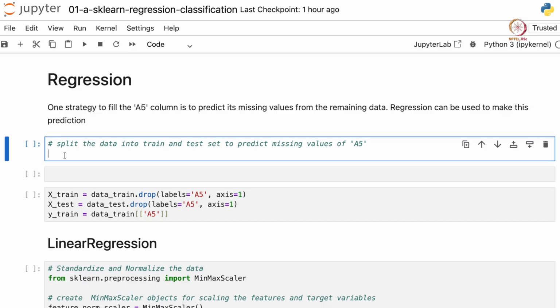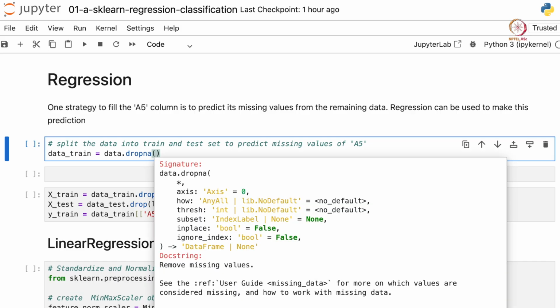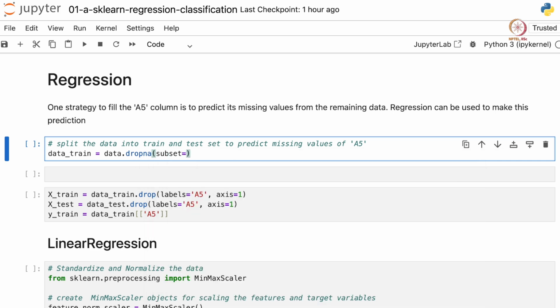So let us split our data into train and test based on the missing values of A5, and let's say data_train is data dot, instead we'll use the dropna function which takes in a subset argument, and our subset is A5. And then we need to provide an axis which says whether we want to drop the rows or columns. So since we are taking the subset as a column, we have to drop rows here. So axis has to be provided 0.